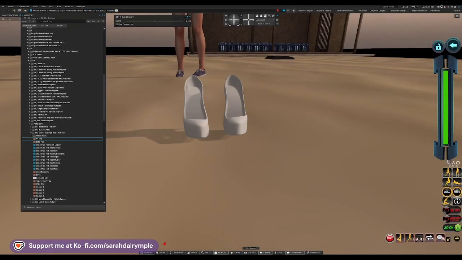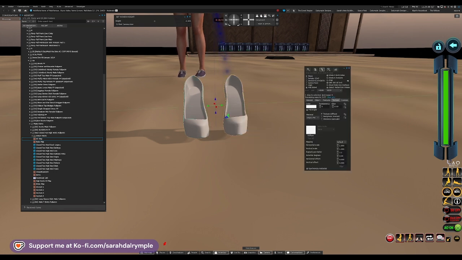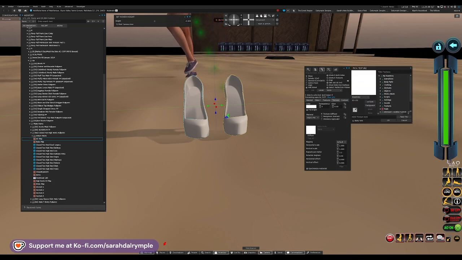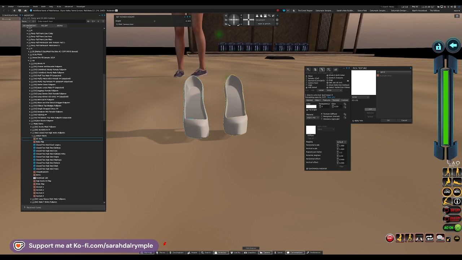And we are back in Second Life, and here's my shoes. I'm going to right click on them and choose Edit. Then you're going to make sure you are on the Texture tab. Click the white box above Diffuse. Instead of choosing from Inventory, you're going to choose Local. Then you will click Add, and this will pull up any textures or any folders that you may have